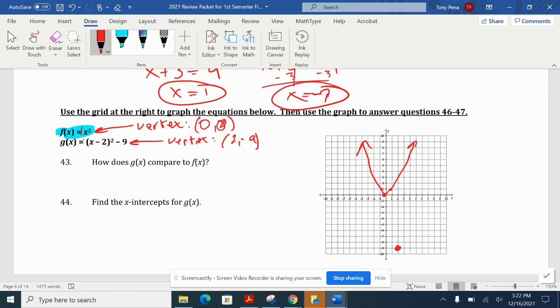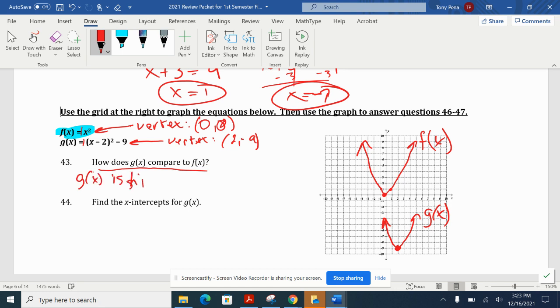This also has a 1 in front of it. So basically the same parabola. It just got shifted down a little bit, and then it got shifted to the right a little bit. So this is the original. That was the F graph, and then this was the G graph. So in 43, in terms of how does G of x compare to F of x, we would just write that G of x